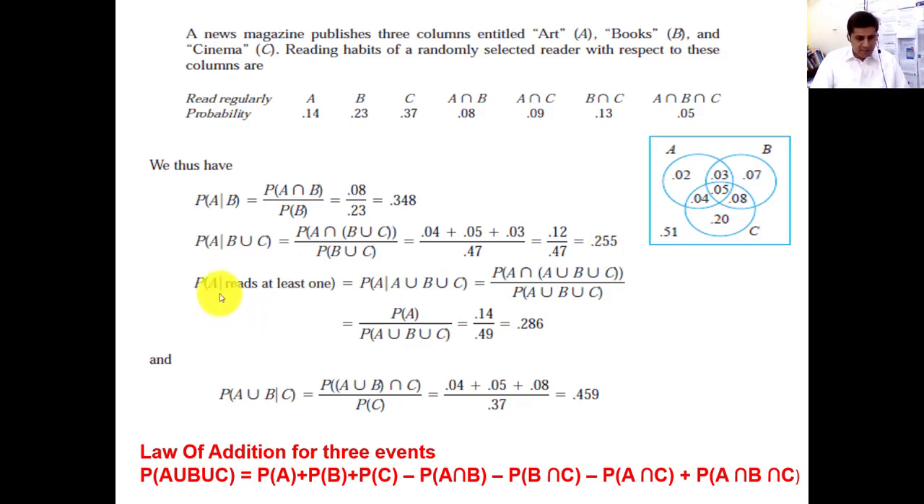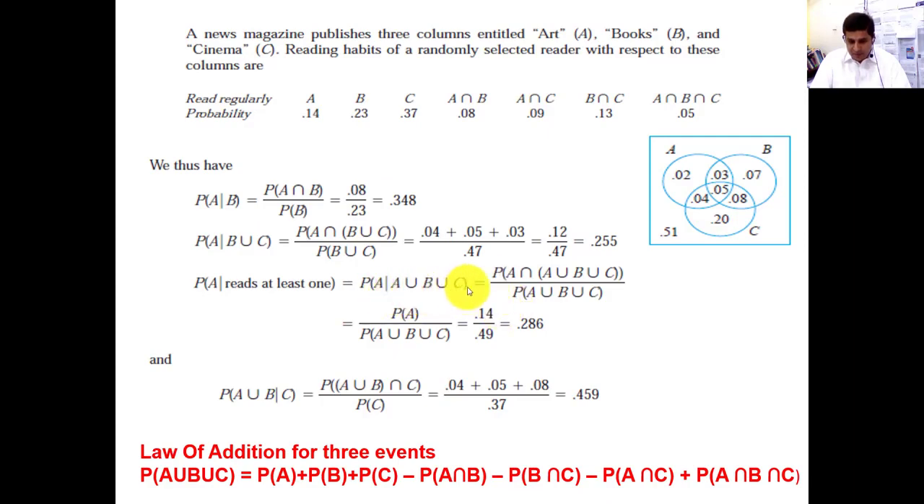Okay, now another question. Probability of A given read at least one. What does it mean? Read at least one means they read only one, they can read two, they can read three. So how will we write this? At least means one or two or three, because we have art, books and cinema. So they read art, they read books, or they watch cinema. So we will write the probability of A given A union B union C is equal to